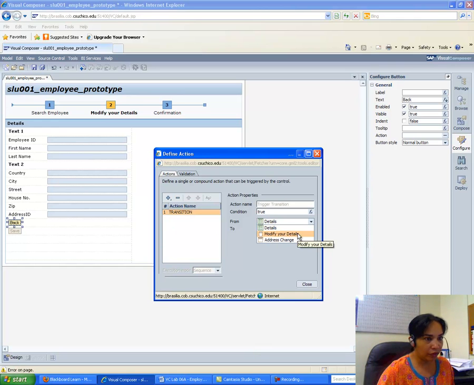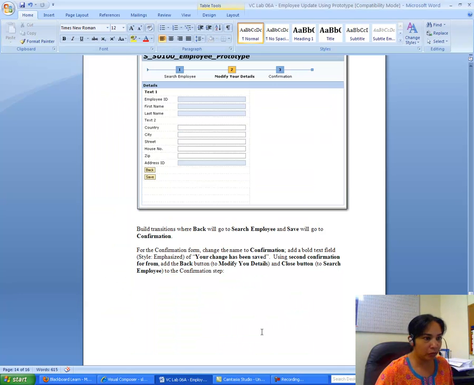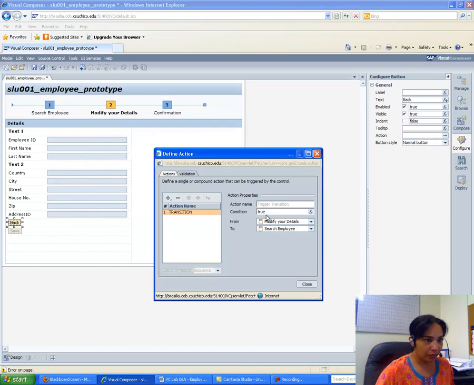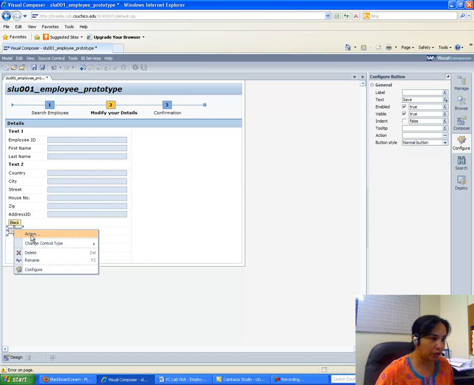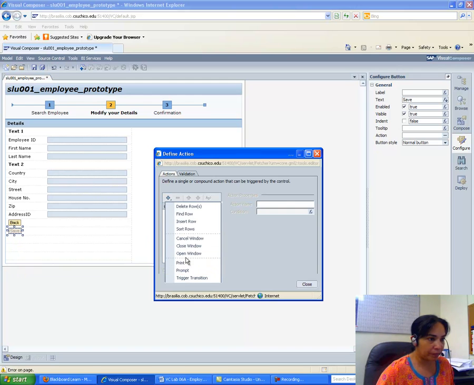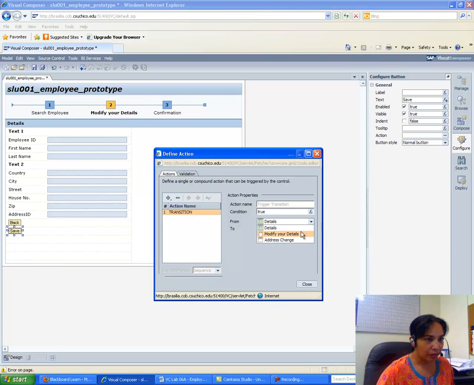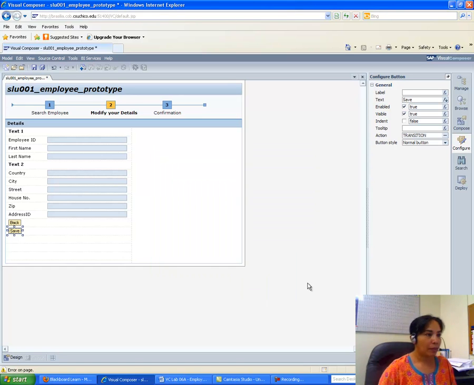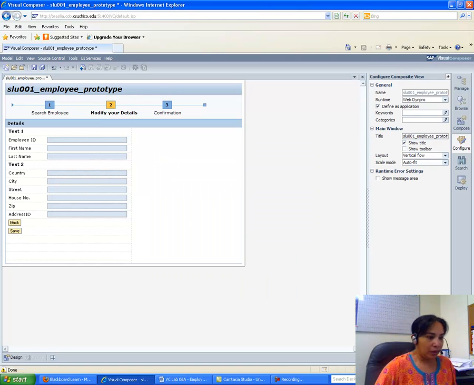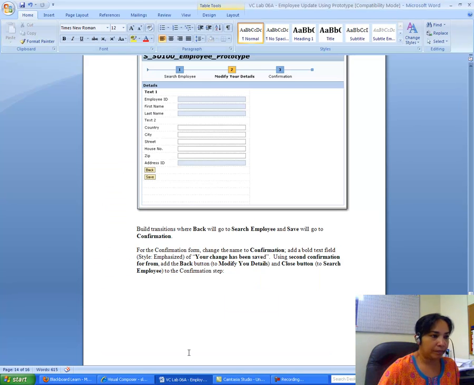So this is my modify your details page, and back will go to search for employee, right? And save will go to confirmation. Okay. So modify your details page will go to search employee, and save will go to confirmation. Confirmation. Okay, now